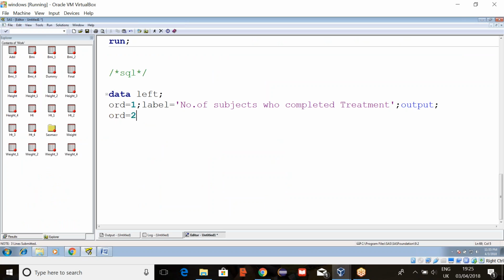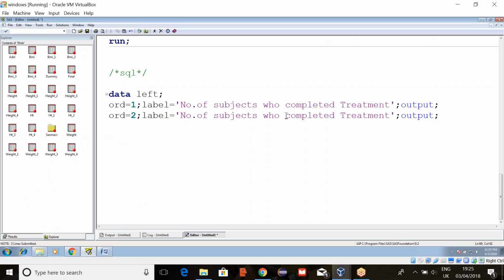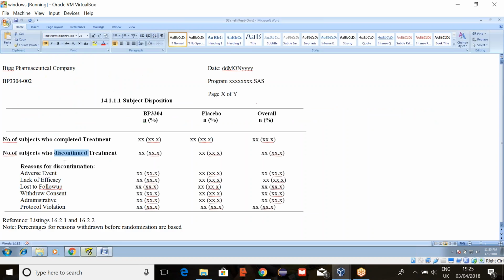Next, order equals to 2, label equals to number of subjects who discontinued treatment. And third one here, reasons for discontinuation. Now for the third one, I'll create a suborder. This is the complete third one, and again in the third there are 1, 2, 3, 4, 5, 6.